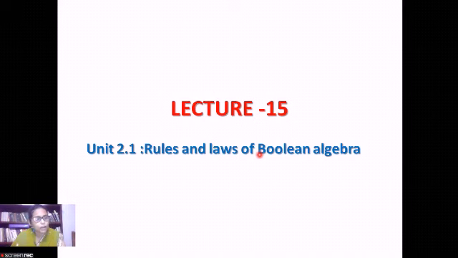Next, we have studied the number systems, and we have studied the conversions of one number system to the other. Then we have done binary addition, binary subtraction, that is all the things related to binary arithmetic. Then we have studied the complements of the number system, that is the 9's complement and 10's complement, and also adding a sign bit to a number for representing the number as negative numbers.